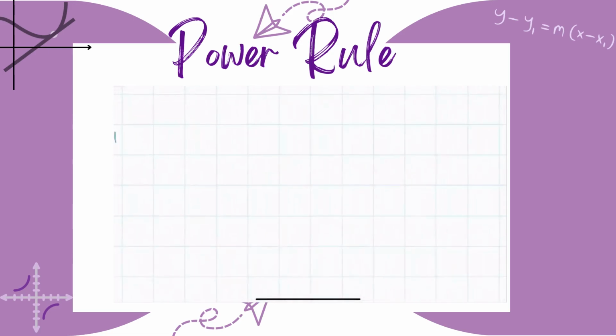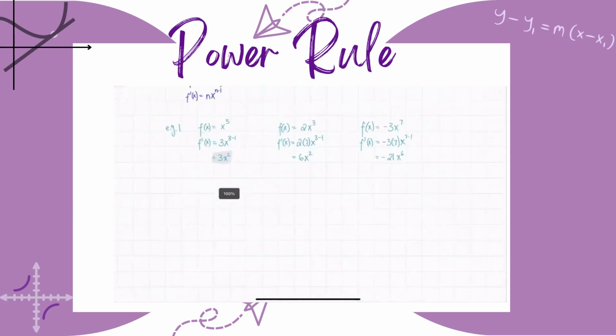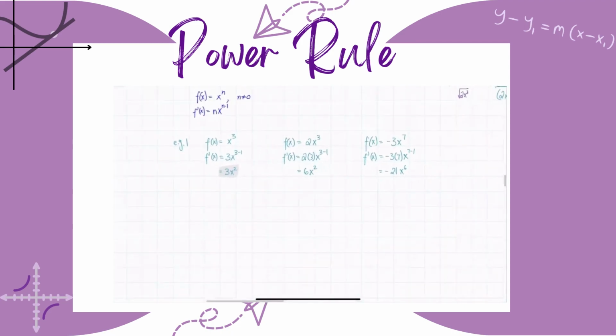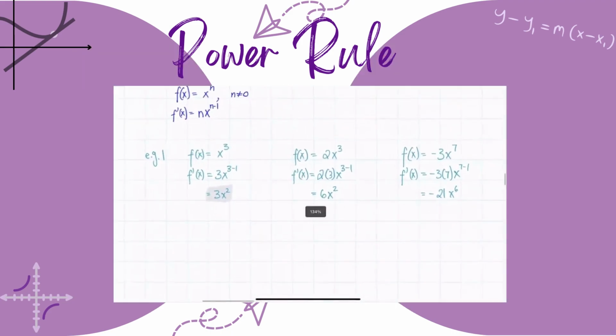Let's try another one. Let's say we had f of x equals negative 3x to the power of 7. So the derivative of this is going to be negative 3 times 7x to the power of 7 minus 1, which is negative 21x to the power of 6. So any questions with any of these here? No. So all of these